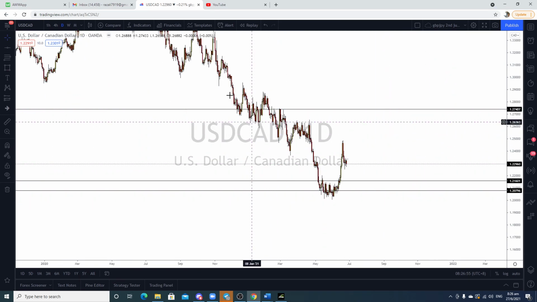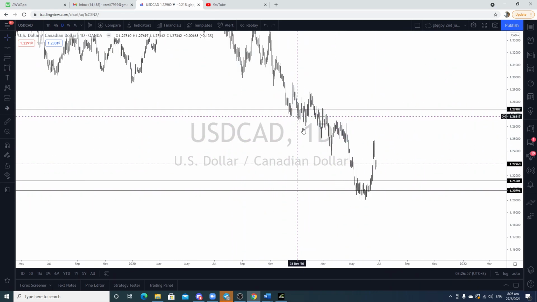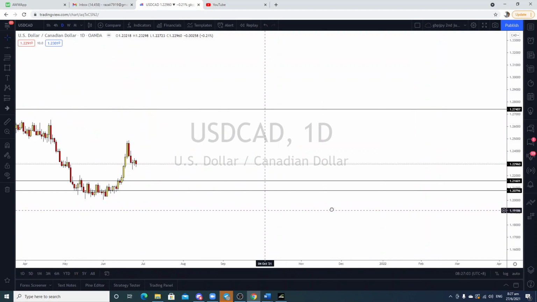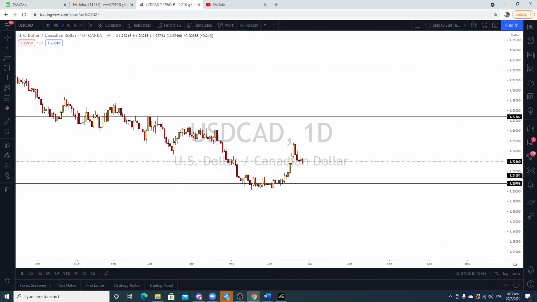I'm just going to put that level because there's a lot of congestion in this zone here. You can see a lot of intersecting levels at this point at 1.27400, and that's good enough. But what if price pushes down here? Remember, for your zone to work, price needs to go inside the zone, and then we will see some price action. Then we will decide. If price breaks out, then price breaks out.